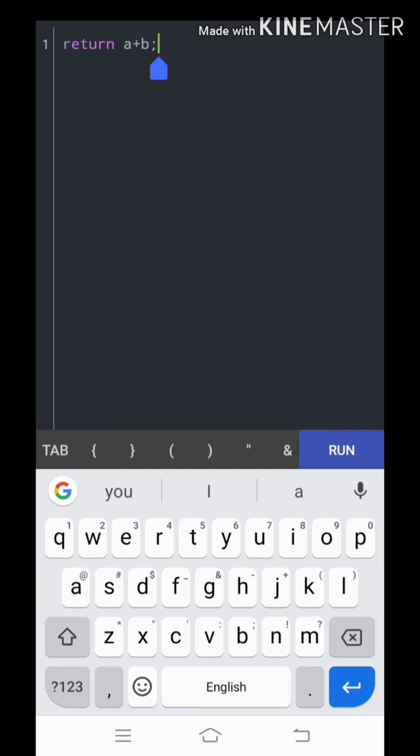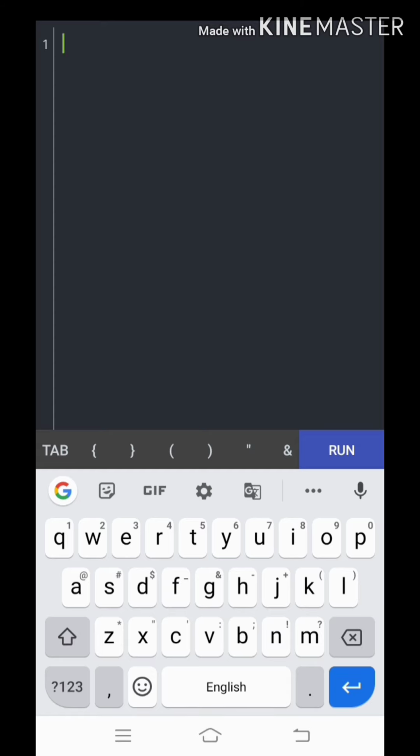If the data types for both a and b are int, then the method name should be started with int add. In this way we need to declare the method. If we declared it directly as void add, then it will show some error. So that's why we need to be careful when we are dealing with return types.